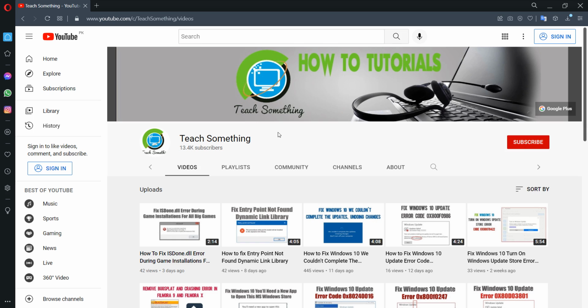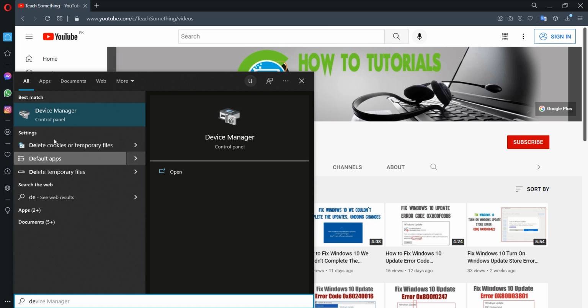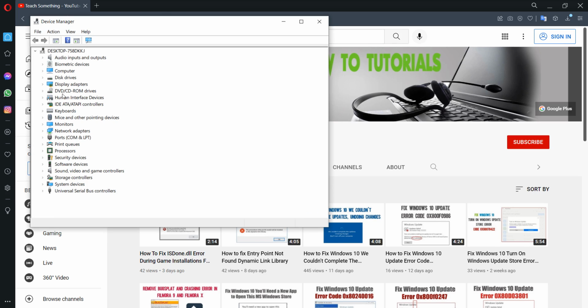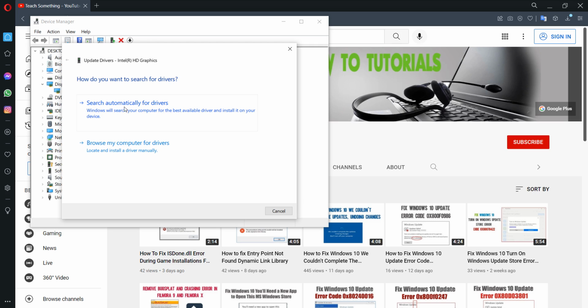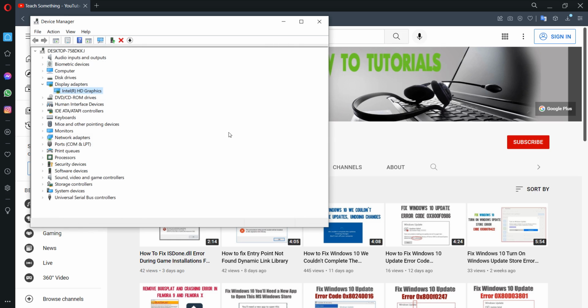So let's start. Okay guys, for the first method, first of all go to your search box and type device manager. Open Device Manager, select Display adapters, expand it, right click and update driver. Click on search automatically for drivers, and now close it. If your problem is still there, then you can go to the display adapter area once again,